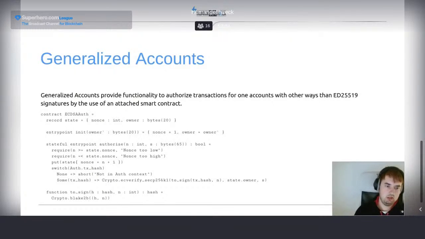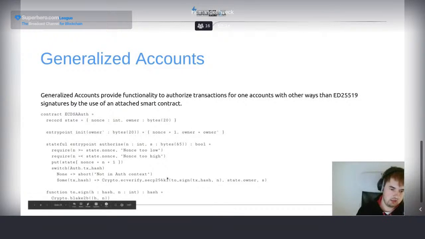But the generalized account has a smart contract attached to it that has an authorize function. And with calling of this, or with using of this account, you have to pass the arguments to this authorize function. And in this example, we do a SECP256K1 curve signature check. So we can check the signature of another account, of another curve, in our smart contract